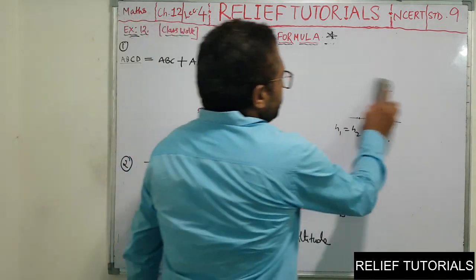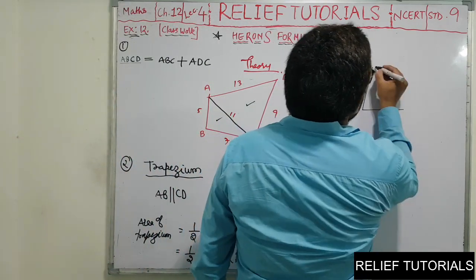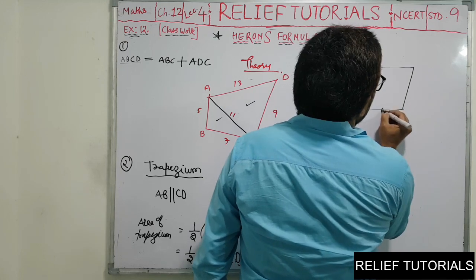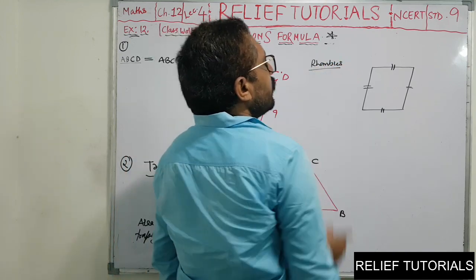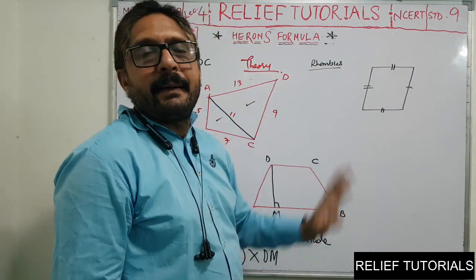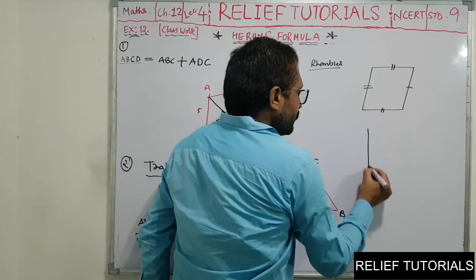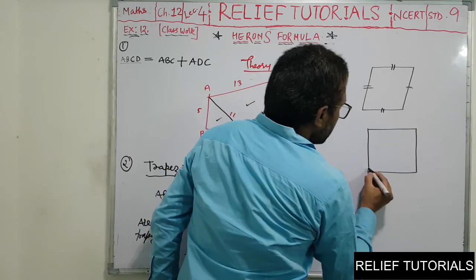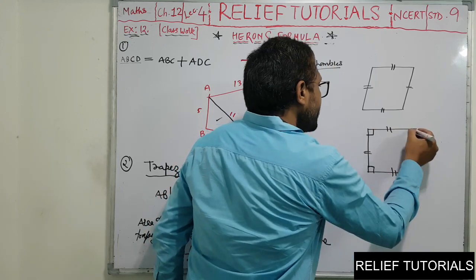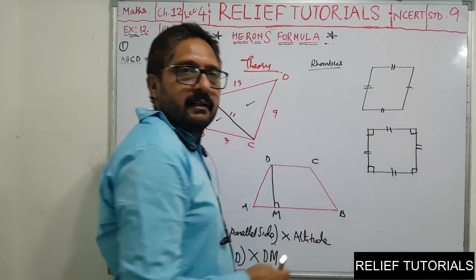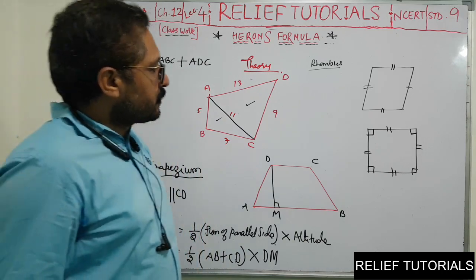And you might be knowing rhombus. So in a rhombus, you know, all four sides are equal. See, this is a rhombus. All four sides are equal, opposite sides are parallel. Here these angles are not 90 degrees as in the case of a square. So the difference between a rhombus and a square: see, in a square all four sides are equal, opposite sides are parallel, and each angle is a right angle, but in a rhombus the angles are not right angles. That is the difference between a rhombus and a square. This information is sufficient to do the problems of this chapter.